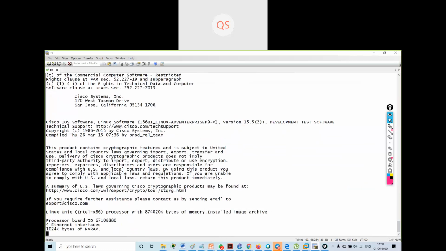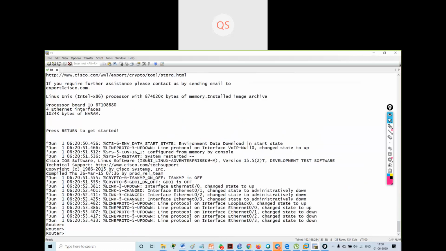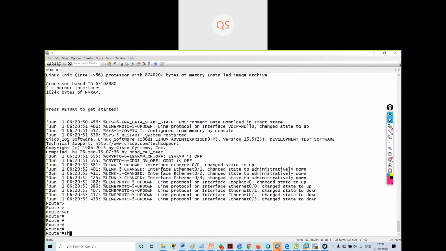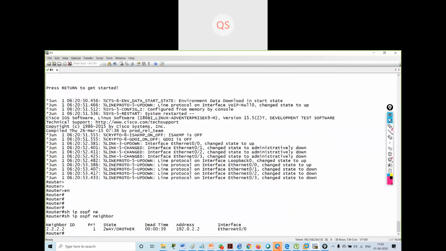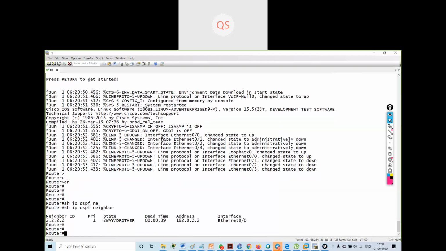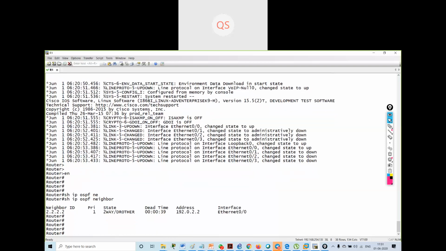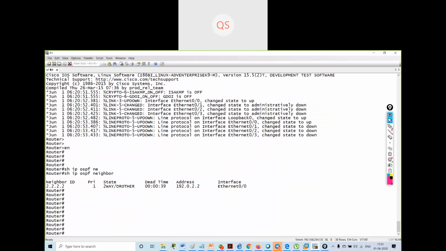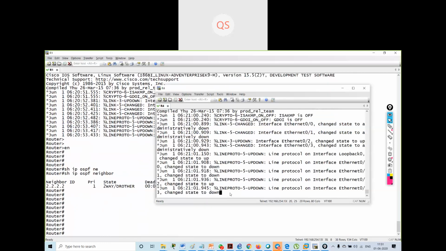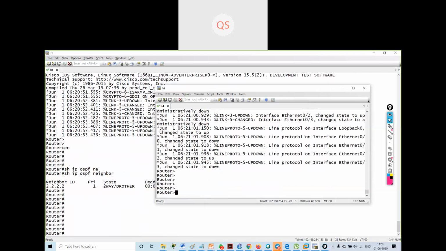Okay. Enable, show IP OSPF networks. So I have the basic configuration that is configured. Okay, I have the neighborship with R2. Also on R4, I will have the neighborship with R3.